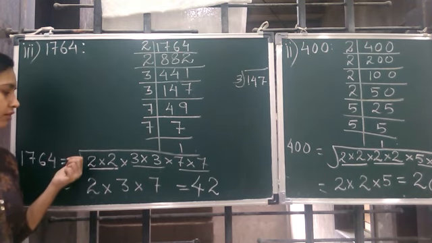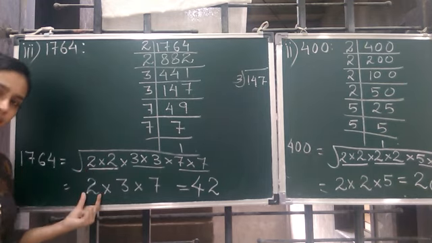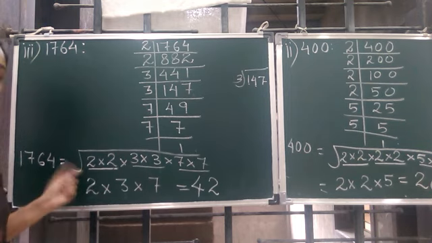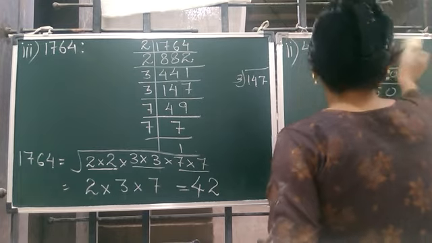Then we take out the pair, we don't put the root. To come out from the root, the rule is to have a pair. If you have a pair, if they have a partner, the same number, then they can come out. Okay, this is for square root. This completes the third one.